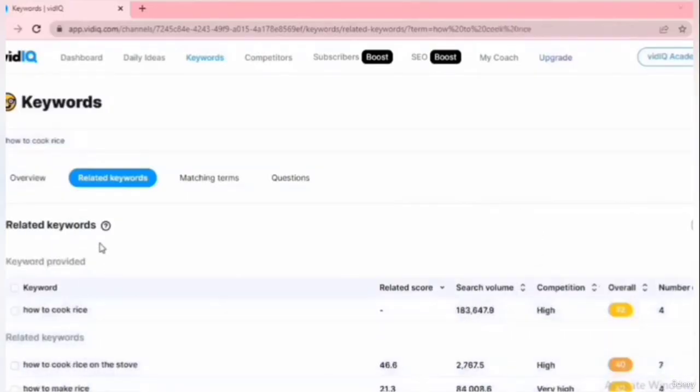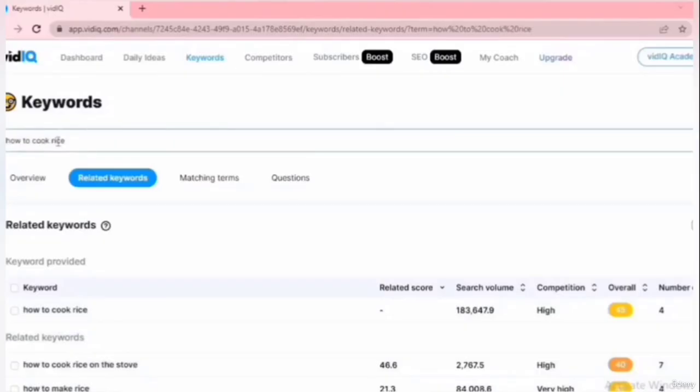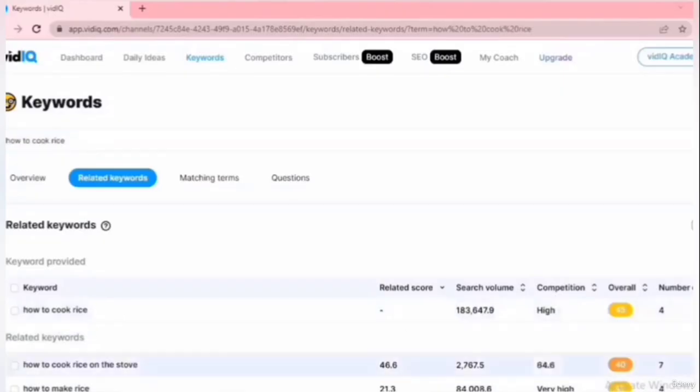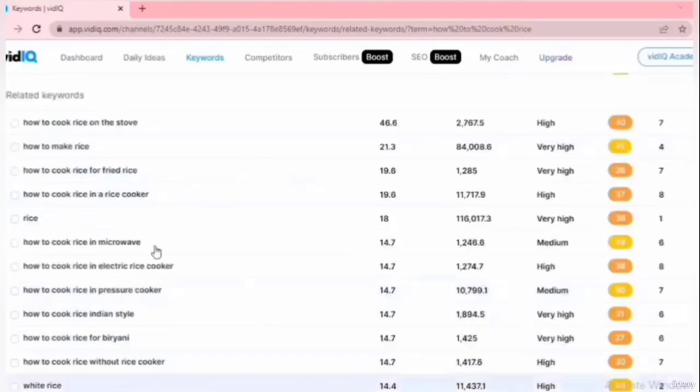Another example of keyword research right here is how to cook rice, and you can see that the competition is obviously high and there's no way you're going to rank for this keyword. Everything is very, very high. Keywords like this are not going to get you views, so make sure you avoid keywords like this. The reason I'm explaining this to you guys is, once you know YouTube SEO, once you know how to